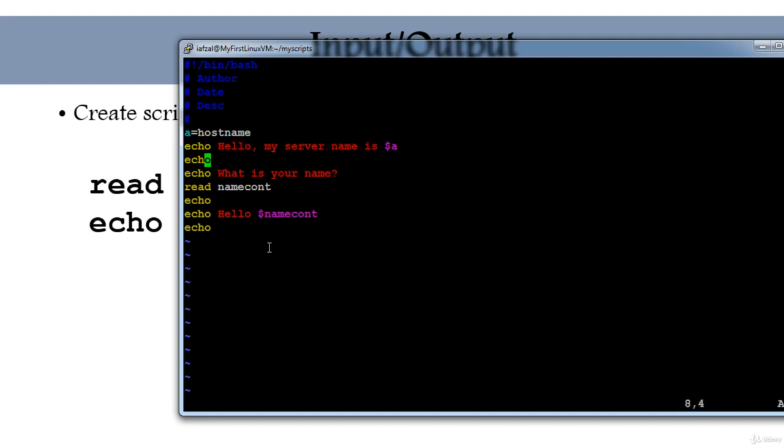And then you'll say, what is your name? And now, just for giggles, I wanted to change the read to a different container. I'll put B. Just to clarify, do not focus on the container name. The container name could be anything. So you're asking, what is your name? And the name the user provides will be put into the container called B. Now echo hello $B